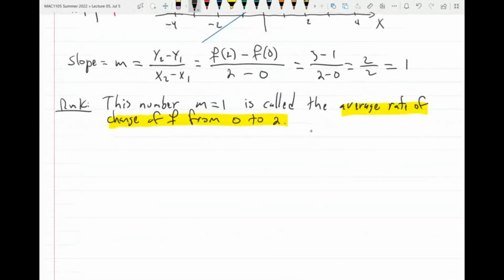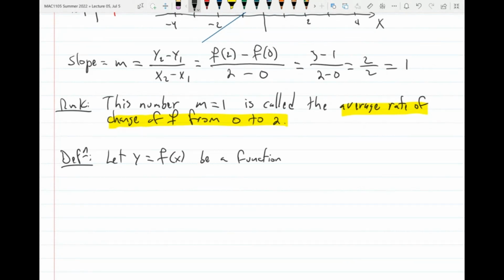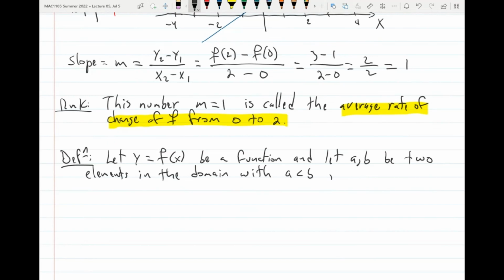So, definition. Let y equal f of x be a function, and let a and b be 2 elements in the domain, with a less than b. Then